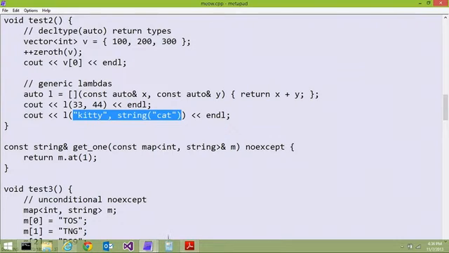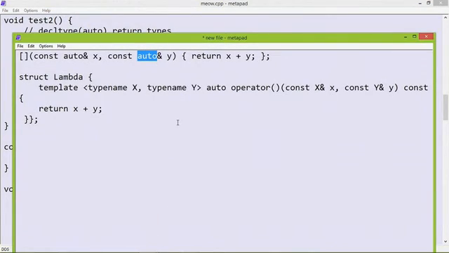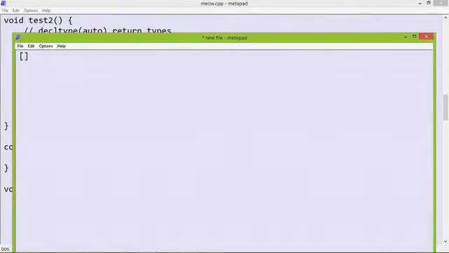By the way, because you can take things by auto&&, you may be wondering how to perfectly forward. So if I have a lambda here, imagine I've got some function inner that I need to invoke, and I want to write a generic lambda to perfectly forward. I can do that in C++14, but the syntax may seem a little strange. So I would write my lambda, and I would say auto&& t, and then I'm going to call my inner function. So usually I would say std::forward<T>(t),